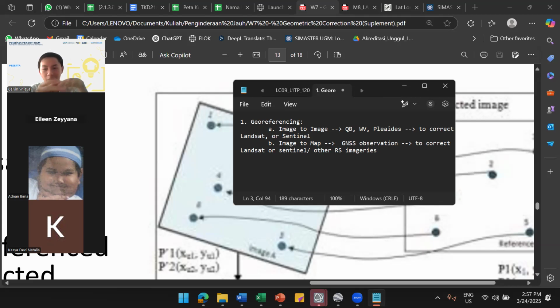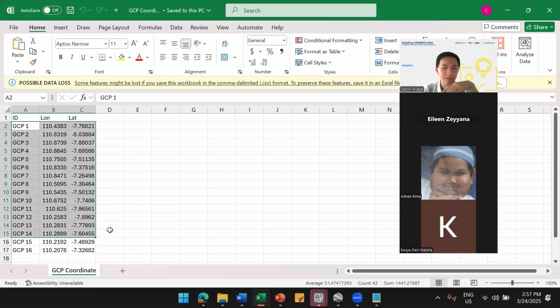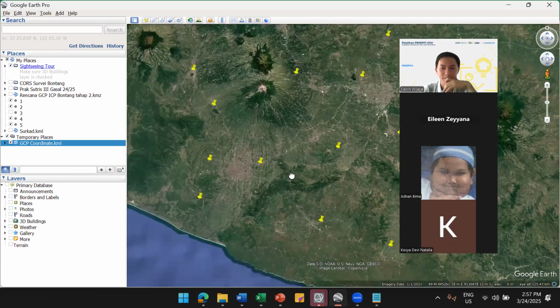The first step is to collect or find other data sets that may be more accurate than our image. In this practicum, we will use Landsat 9, and we will use the second method, image to map. I already gave you several ground control points, with the coordinates in CSV and the positions in KML.